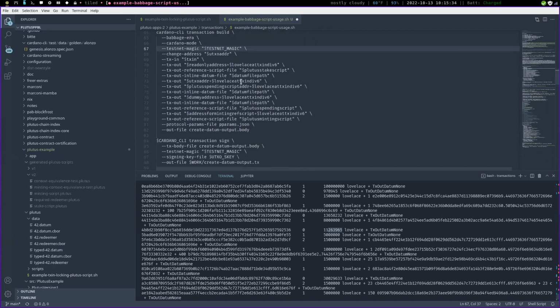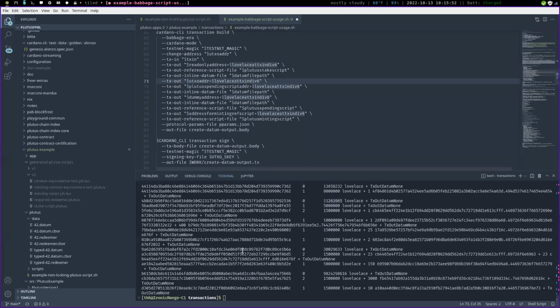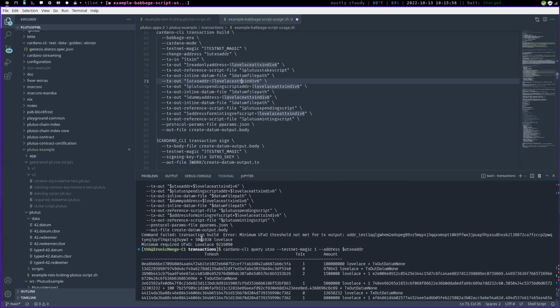Well, let's see. How many of these do we have here? 1, 2, 3, 4, 5. So 1/6 of it is going back as change. We could try to rebalance it a little without having to change the TXN and see if we can get away with that. So let's see. We know that this is the 1/6. So we could